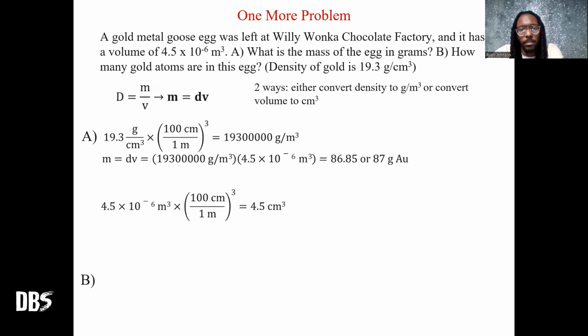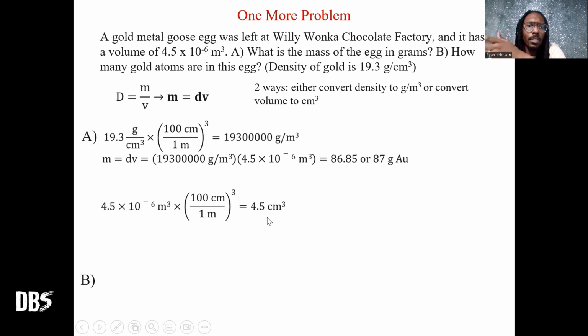Here's the other way. So let's say I got my volume here, which is 4.5 times 10 to the negative 6 meters cubed. And I have a density here. I got this equation. I know that if I multiply density by volume, I'm going to get a mass. So let's say I just convert my volume